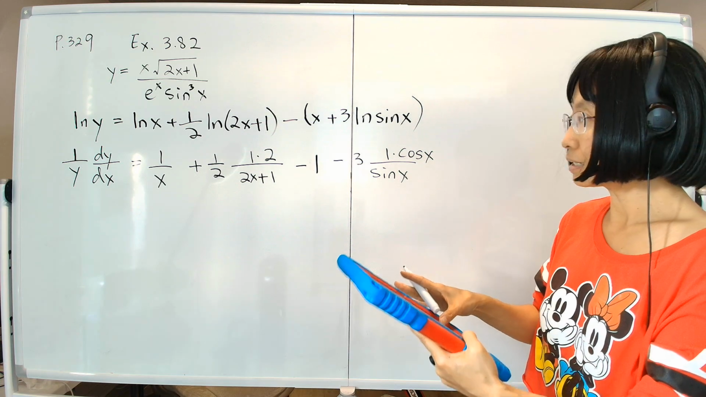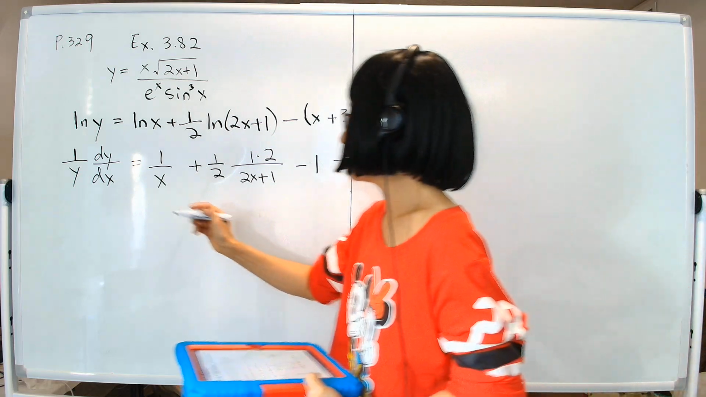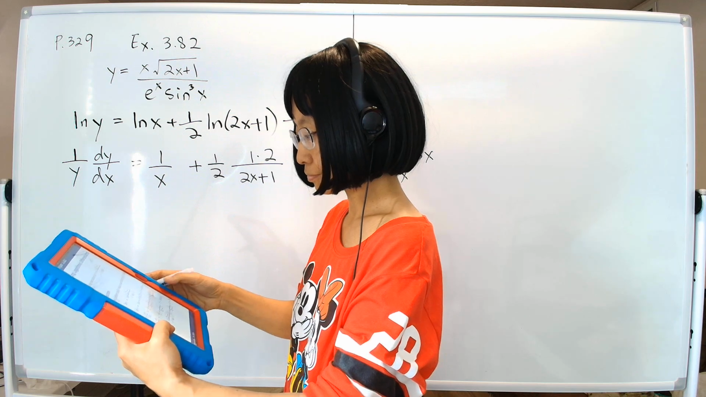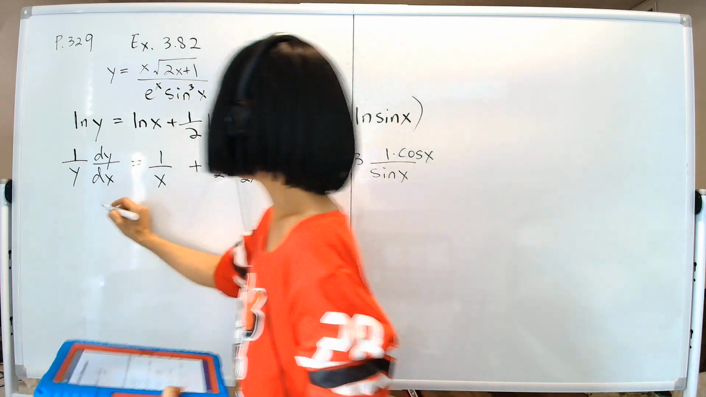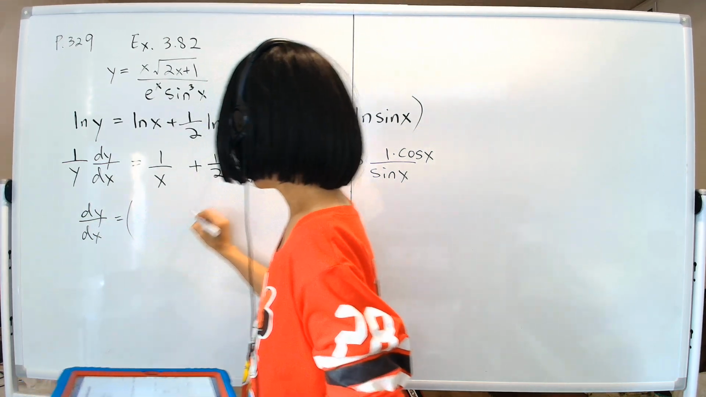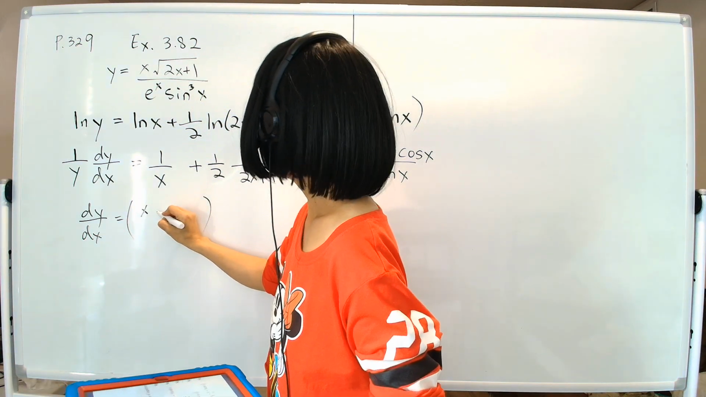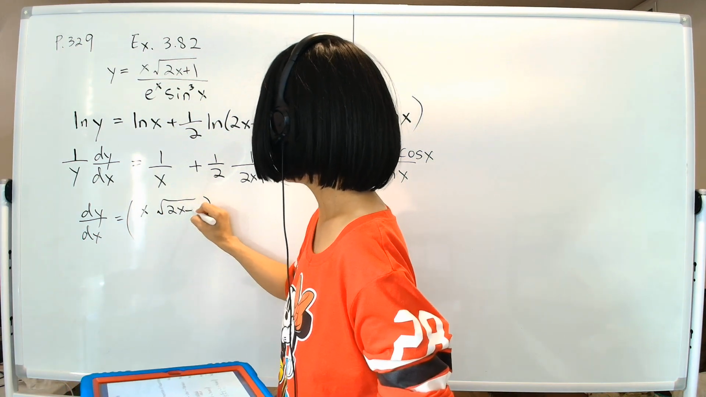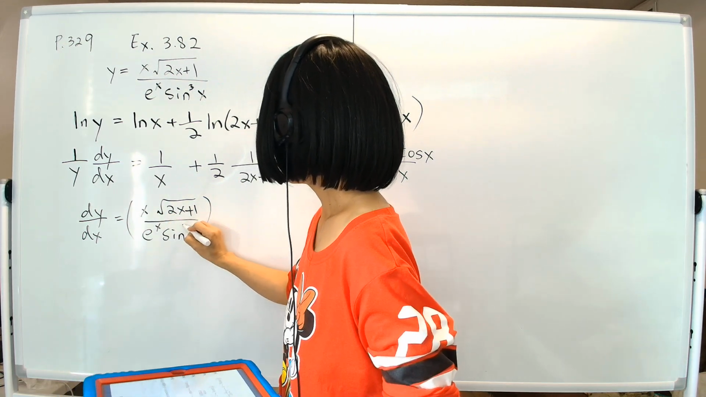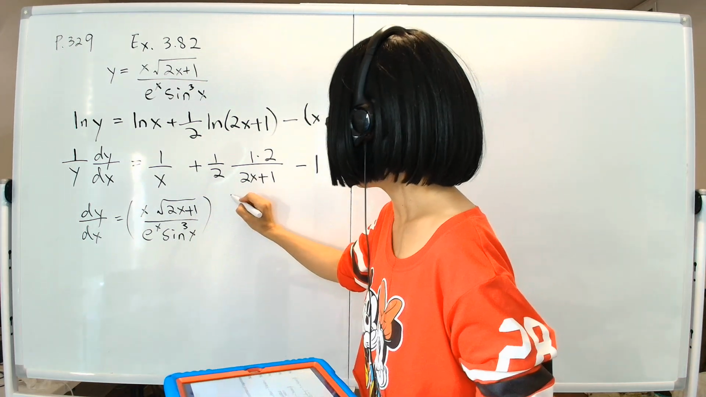And at this point, the derivative then equals to, there's still the y here, and remember y is this thing, and we need to multiply y by all the stuff. So dy by dx equals y. Okay, here's y, which we'll copy: x square root of 2x plus 1 over e to the x sine 3x. And then multiply by all the stuff,